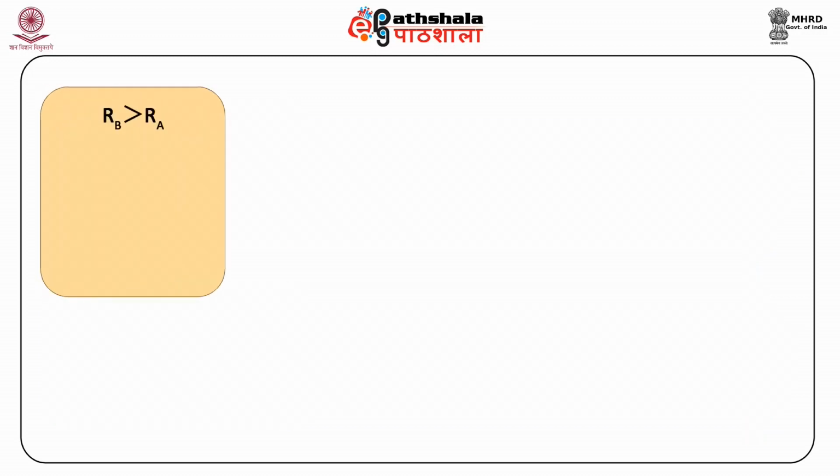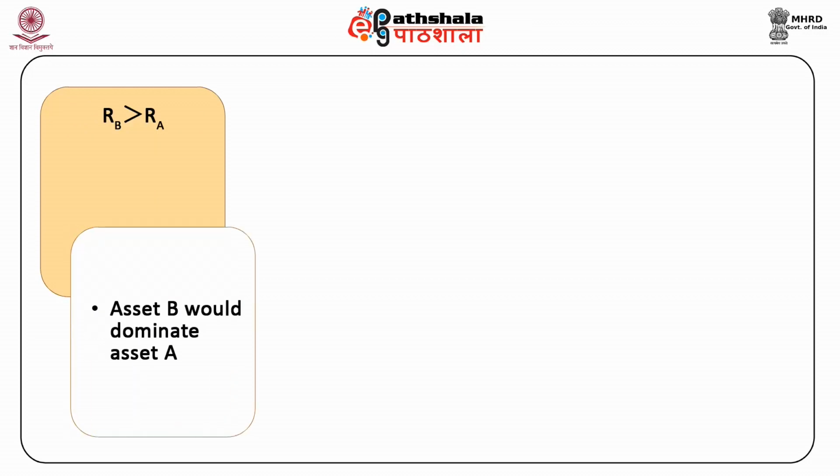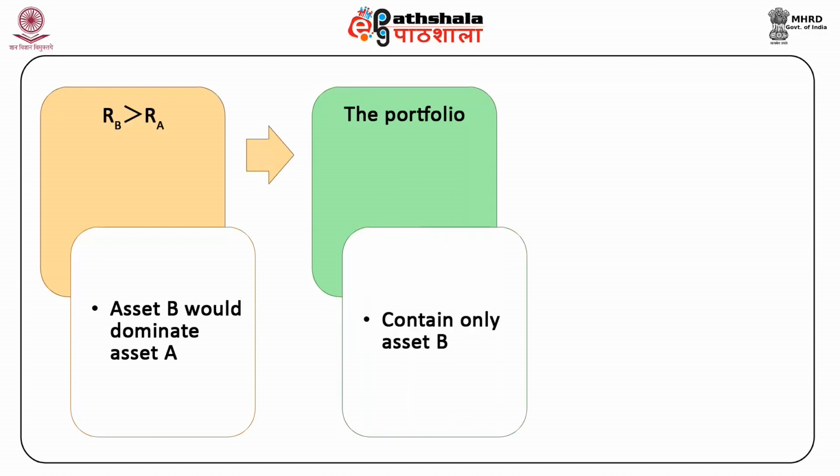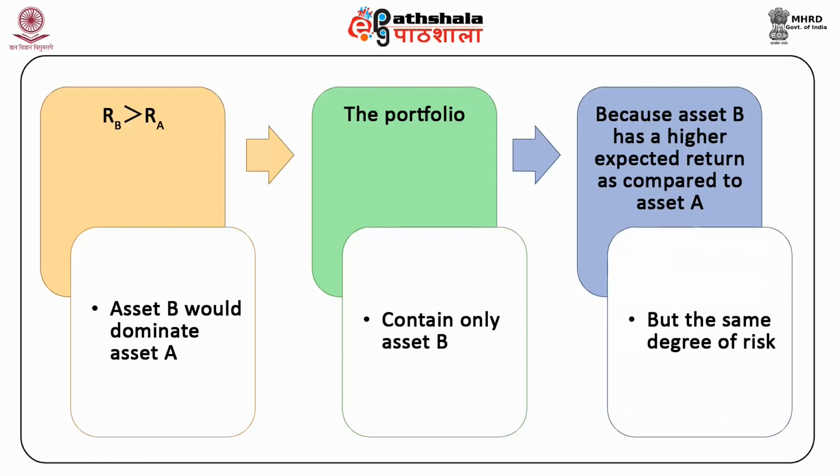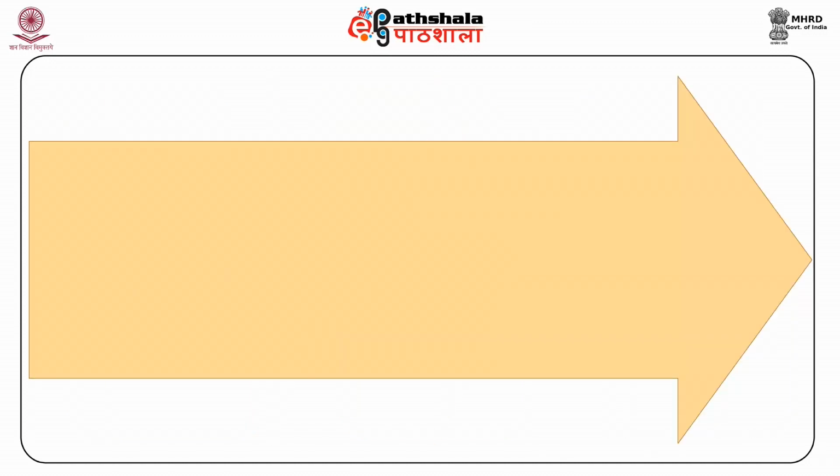If RB is greater than RA, then asset B would dominate asset A, and the portfolio will contain only asset B. This is because asset B has a higher expected return as compared to asset A, but with the same degree of risk. If, on the other hand,